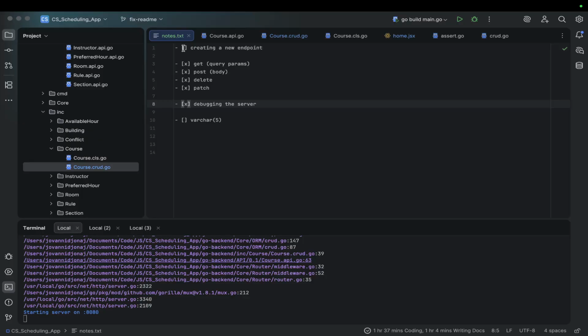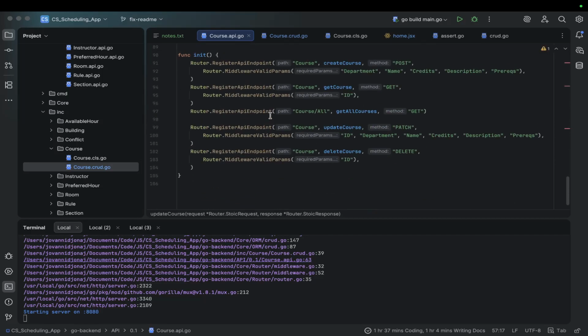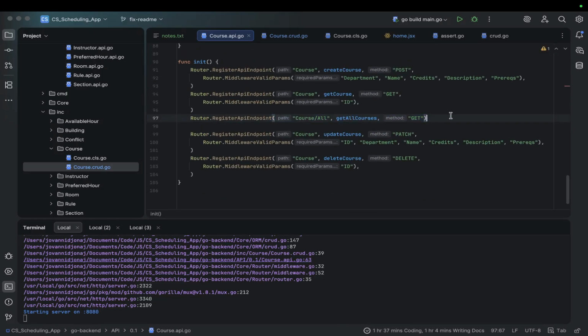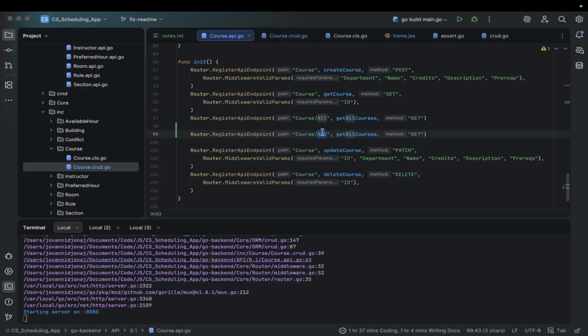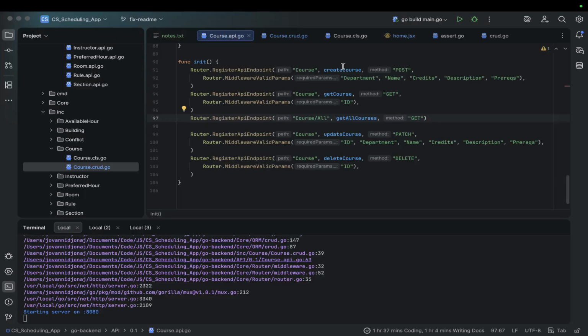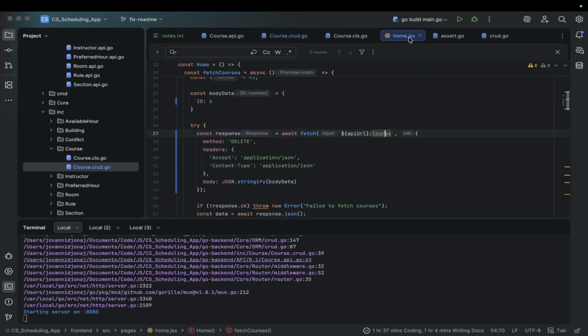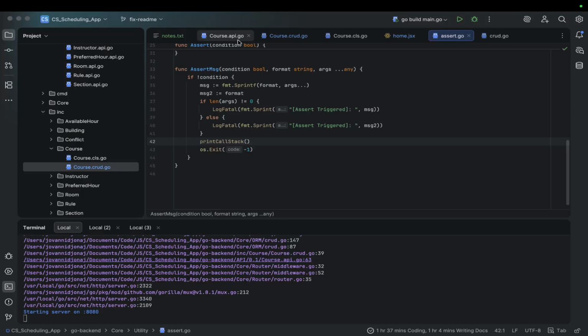Okay, we already did debugging the server. And we didn't create a new endpoint, but it's very simple. So you go to the APIs, you go to register one, you're on here, you give it a name, something, and then you give it a function, you give it a method, and you can optionally give it a middleware without params. Okay, cool. Last thing I will show you is